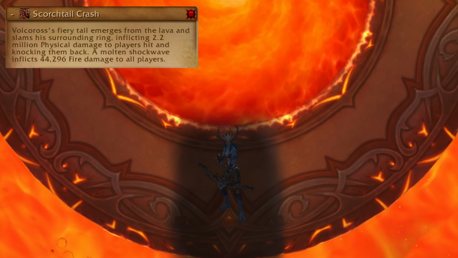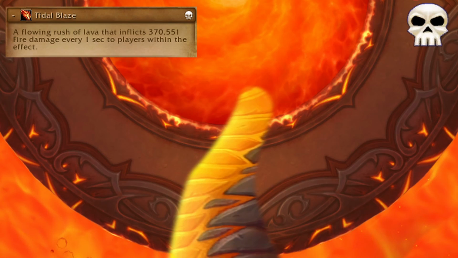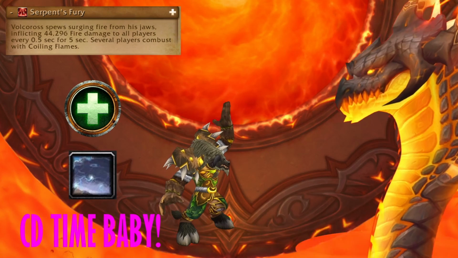Scorched Tail Crash is a big shadow of his tail to dodge so don't get squashed, and on Heroic this also throws out lava waves to dodge so don't get hit by either of them. Burning Vertebrae is ticking damage for healers to heal, I guess, but Serpent's Fury is 5 seconds of pulsing raid-wide